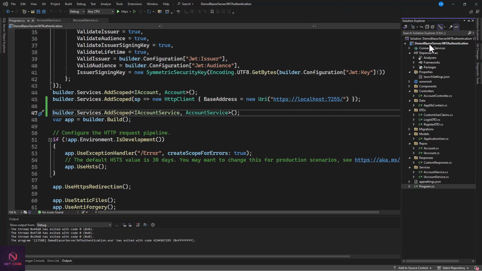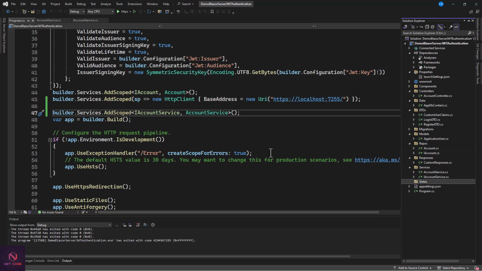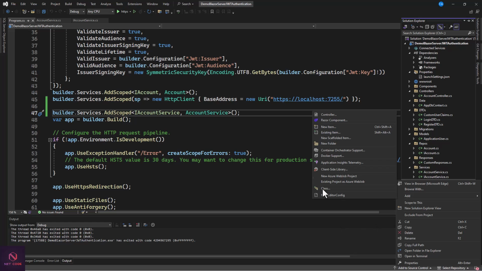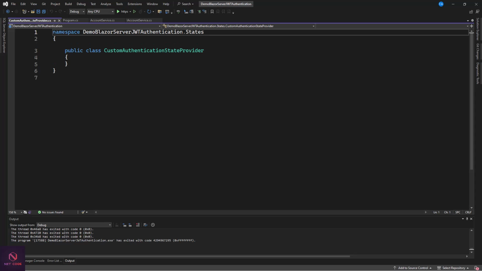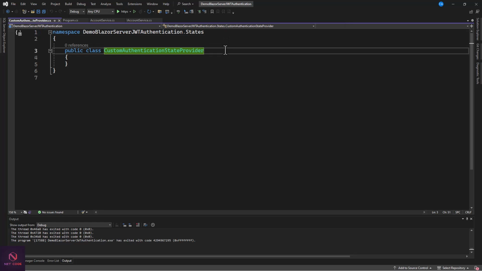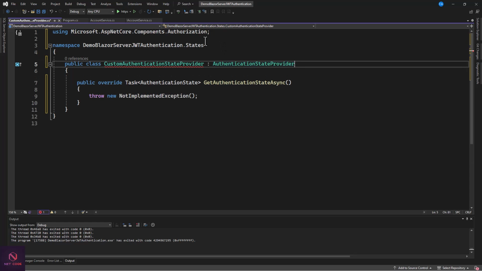In the solution, let's create a folder and I'll name it maybe States, or what do you think? What should be the name? States will be okay for me. What about you? So let's have our custom auth states. In here, let's create this class. Now, custom auth states should inherit from AuthenticationStateProvider. Control period, we need to implement this interface in it. And once you have this method implemented,